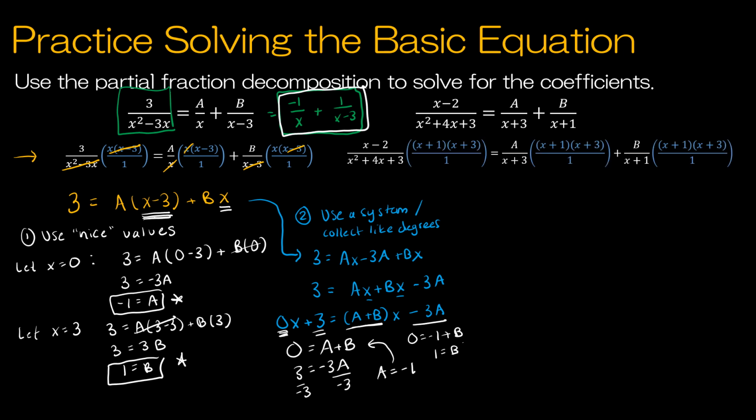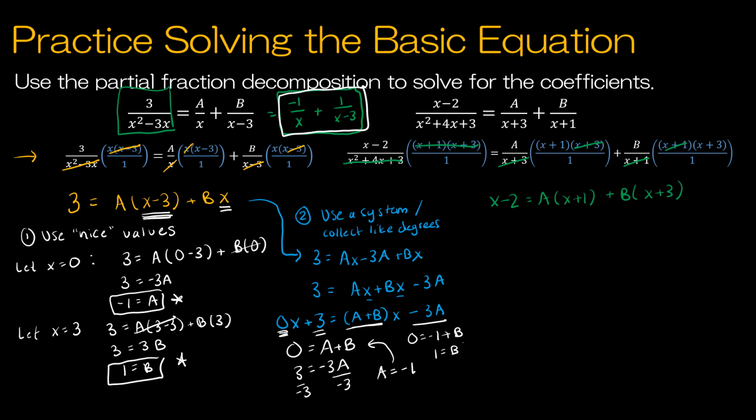First step is to multiply everything by the denominator, which was x plus 1, x plus 3. And on the left-hand side, that gets rid of the entire denominator. So that gives me x minus 2. And on the right-hand side, I end up with a times x plus 1. And then get rid of the x plus 1, so plus b times x plus 3. I obviously don't have room to do it more than one way, so I'm just going to do it using